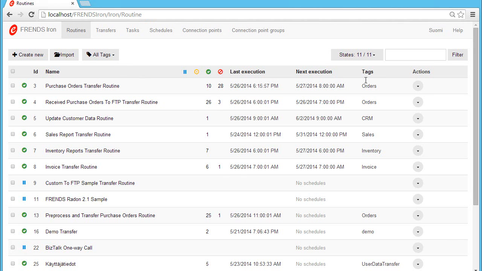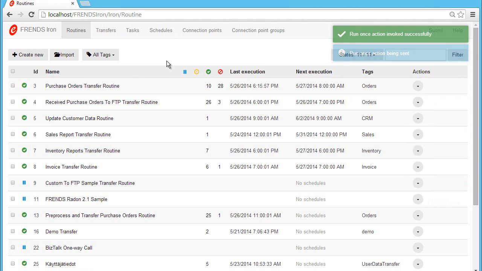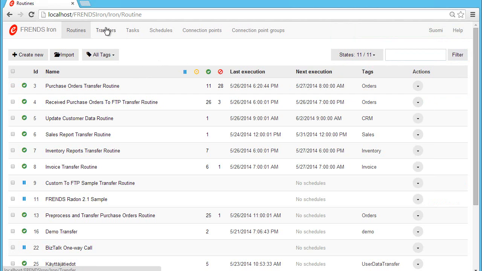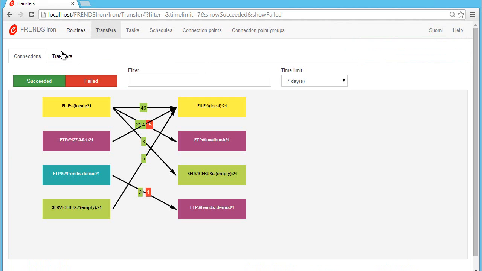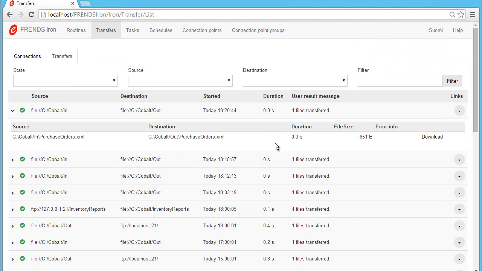So the next time we run the routine, we can see there was of course a new transfer, and we can see the new transfer also on the transfer list. But what has changed is that now we have here a download link which downloads the transferred message from the Azure blob storage. And if we click,